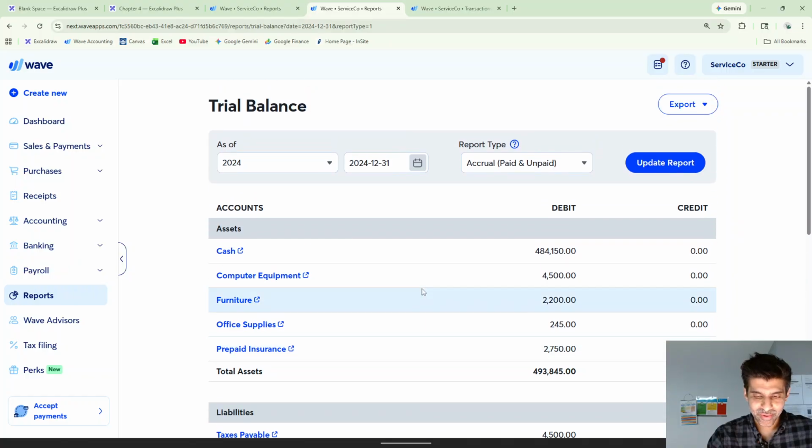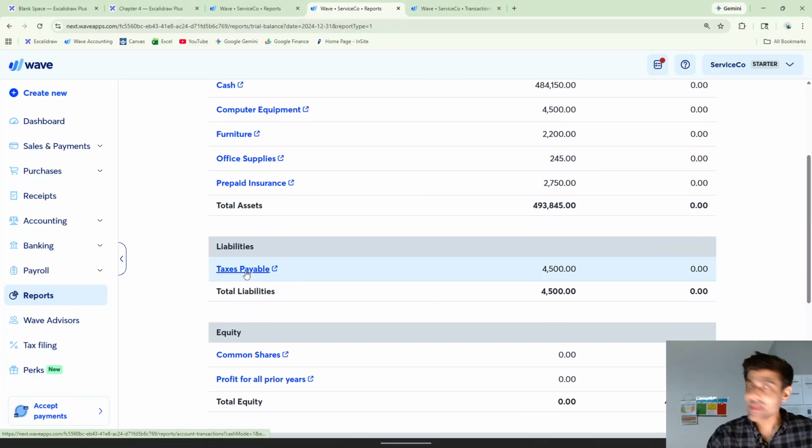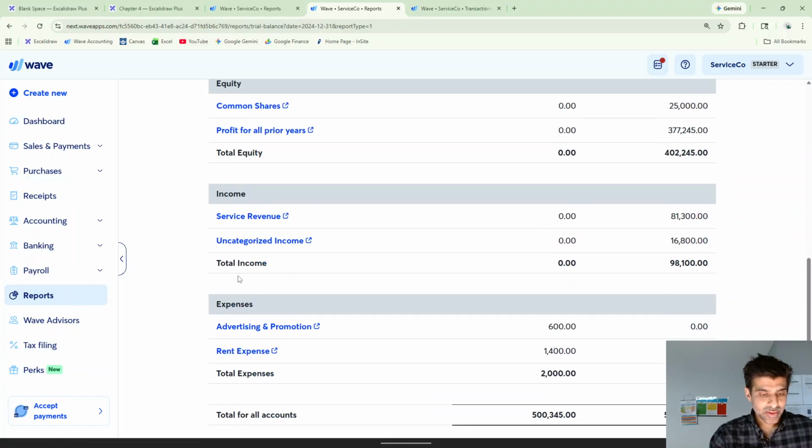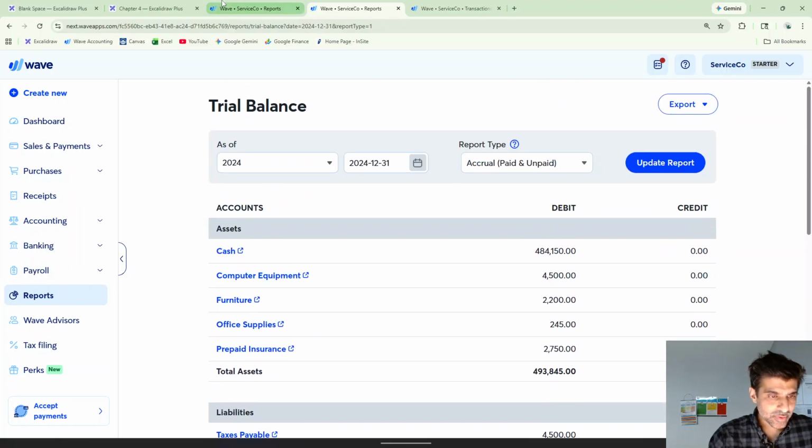Okay, so I think I know what I did wrong. This should actually be tax expense, because I think what I did was debit taxes payable, credit cash, right? Why is that wrong? It should be tax expense, right? So that's what I think I did incorrectly. So I have to go back and fix that. Okay. So anyways,